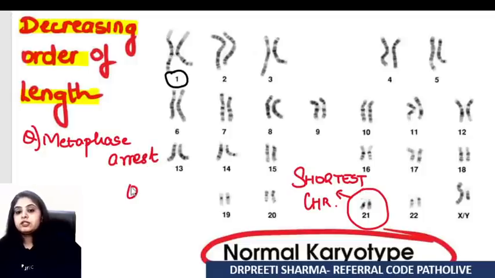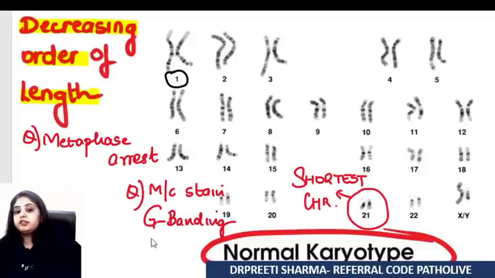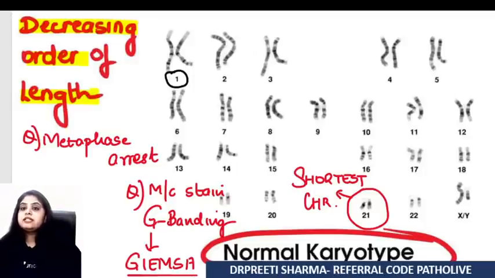And the next question that they ask you, what is the most common stain that you use in a karyotype? The most common stain is G banding. G stands for Giemsa stain. So the most common stain that I have used out here is a Giemsa stain. Isn't Giemsa a very routine kind of stain? Do I need any fancy microscope for it? No. I'll view it under a regular light microscope. So I don't need any fancy stuff for Giemsa staining.